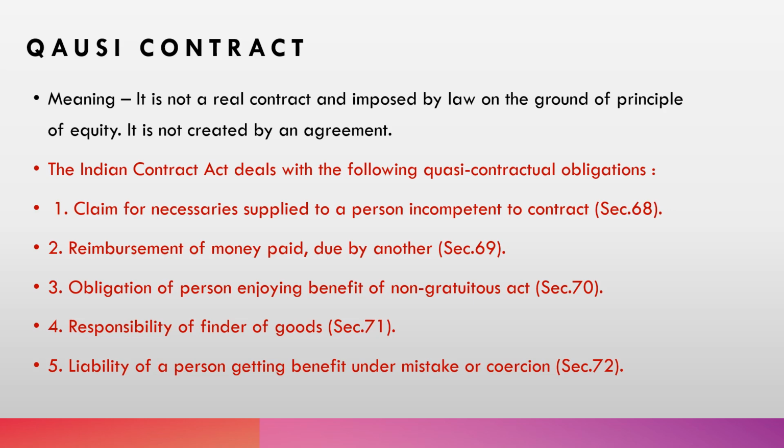So there are some types of contracts. The Indian Contract Act deals with the following quasi contractual obligations. First is claim for necessaries supplied to a person incompetent to contract. Incompetent means what? An unsound person or some minor person. Okay, for whom you have helped him, means suppose one person has helped an unsound person or some incompetent person